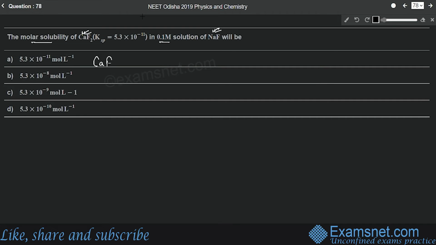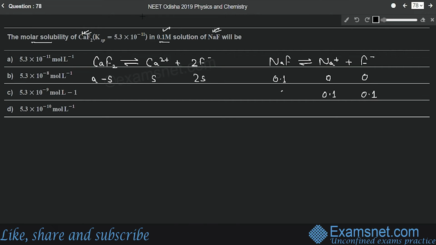First one is calcium fluoride. Now when it gets dissociated, it will give us calcium ion and 2 moles of fluoride ions, right? Similarly, when sodium fluoride is dissociated, it will give us sodium ion plus fluoride ion, right? Now here suppose that the solubility of calcium fluoride is A, and after dissociation it will be A minus S, because the solubility of calcium will be S, and what will be the solubility of fluoride? It will be 2S, because we have 2 moles of fluoride ions, right? And in case of sodium fluoride, it is given that the concentration of sodium fluoride is 0.1 molar, right? So 0.1 molar, and initial concentration of sodium and fluoride will be 0, but after dissociation it will be 0.1